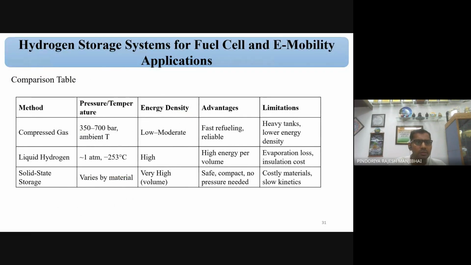Comparison: for compressed natural gas, heavy tank and lower energy density; liquid form, evaporation losses and insulation cost; and solid state storage, costly material and slow kinetics, correct? So these are some advantages as well as disadvantages, but normally we use natural gas, the CNG type. Okay,